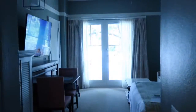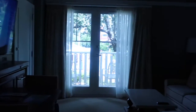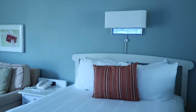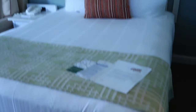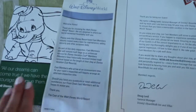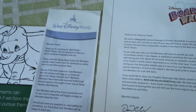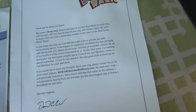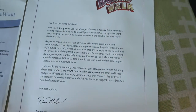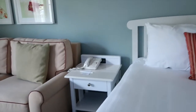Then we go into the bedroom area. So a lot of natural light is coming in. So here we have the bed on the right hand side, all the information as usual, the quote card, information about cast members being able to come into your room, and then a little note from the general manager of the resort. We have a mirror here as well right next to the bed, and then we have the phone over here,